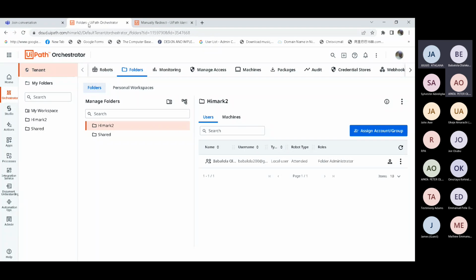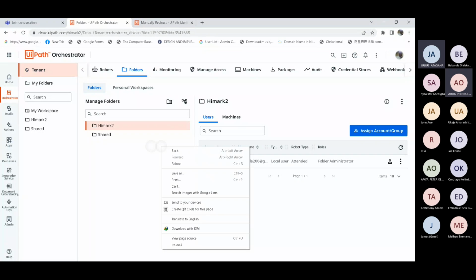All right. So we have succeeded in connecting it. Now we could be having challenges while using the orchestrator. Like I said, the orchestrator is actually not meant to activate the attended robot, but it can manage the attended robot.